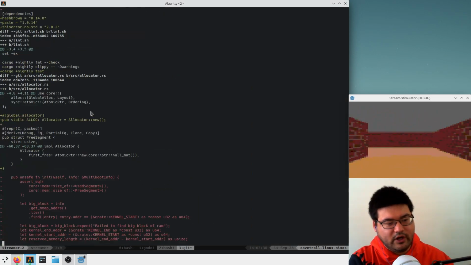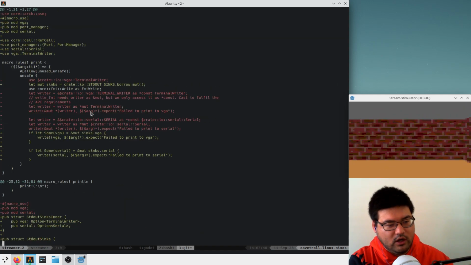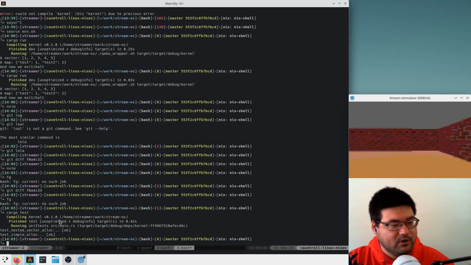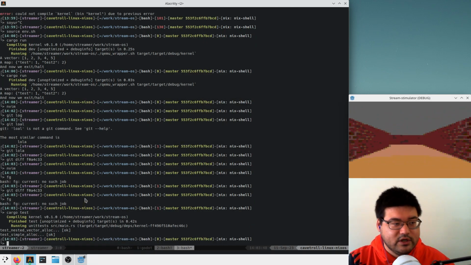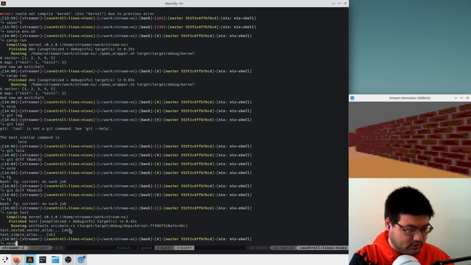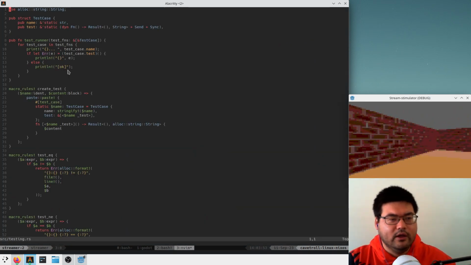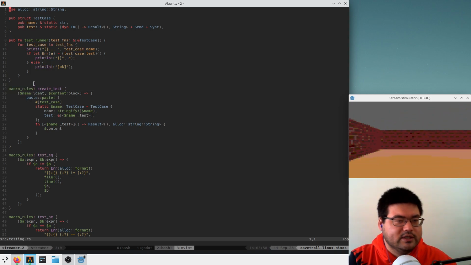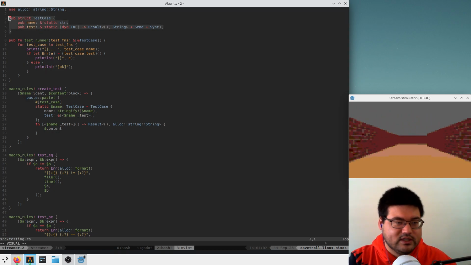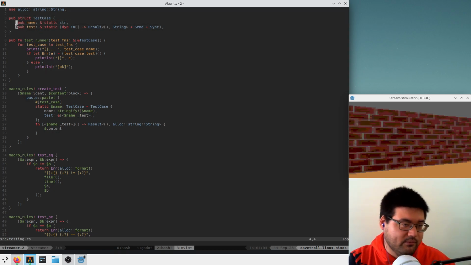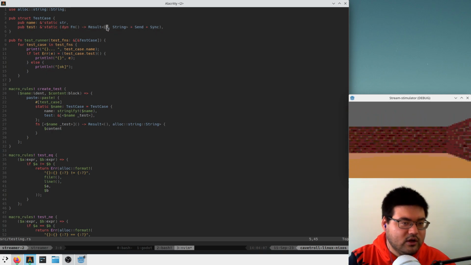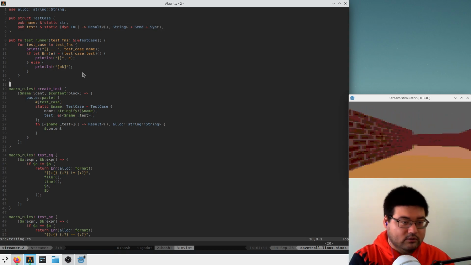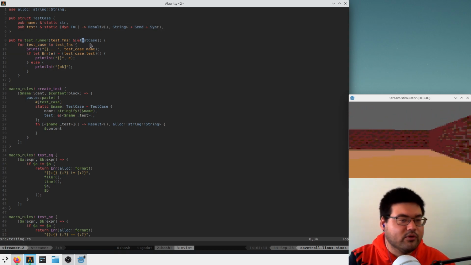I also added some testing framework. So on the last stream we set up the ability to run cargo test, but it was kind of a pain to write them. So now I have this macro to create a test, and this basically instantiates one of these test cases. Each test case has a name and a function associated with it that returns a result. And what my runner now does is, before this took in just a function to run,